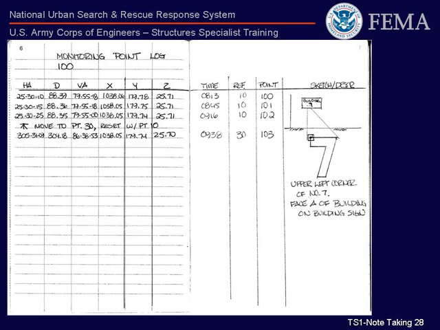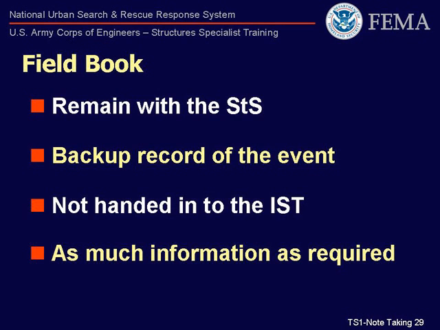Columns are again HA, D, VA, X, Y, Z, time, instrument station location. Reading number starts at 100, next is 101, 102, 103, etc. The remaining grid area is reserved for a sketch of the monitoring point and how the crosshairs are being aligned on the target. In review, the field book remains with the structure specialist and is his or her primary backup